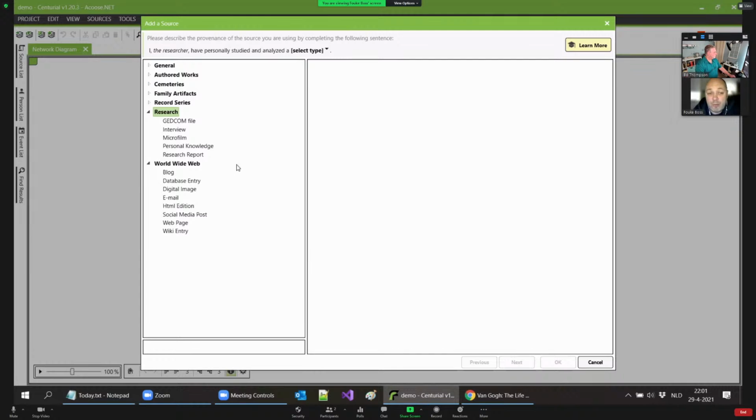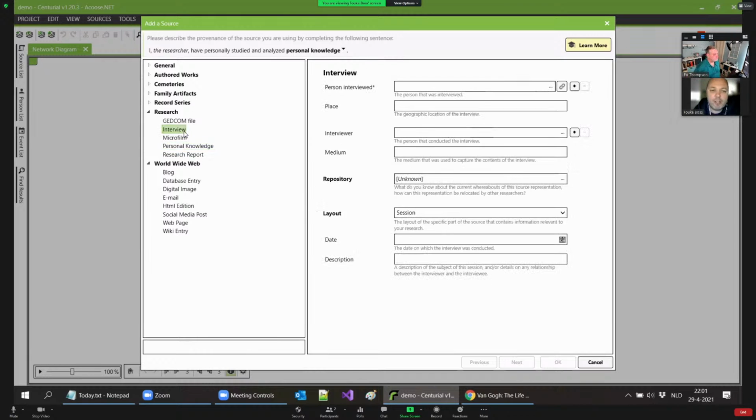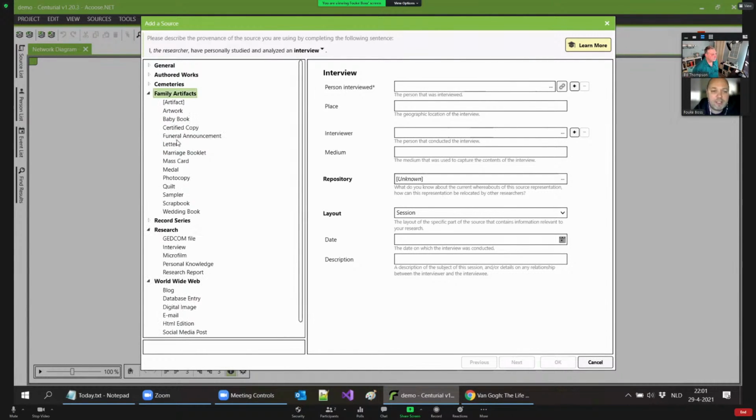I think there are more programs around that do something similar. Of course, if it was your own family, you'd start probably with some personal knowledge, which in the end is a source. Might not be the best source or the most reliable one, but it is a source. So that's a great starting point. You could do an interview, something like that. Perhaps you do have a family artifact, and you can add that. As I was saying, Vincent van Gogh isn't related, so I'll start with a book.